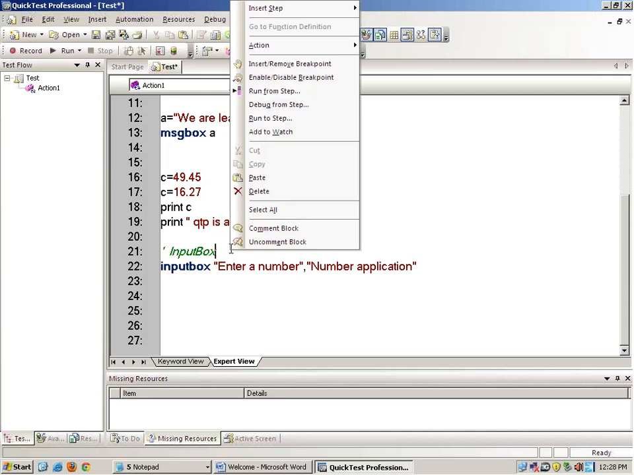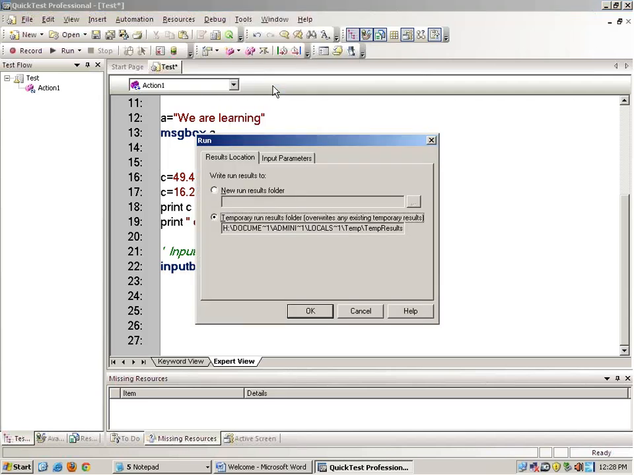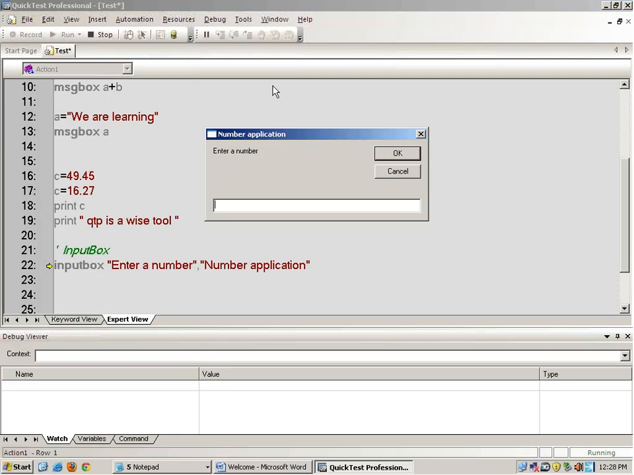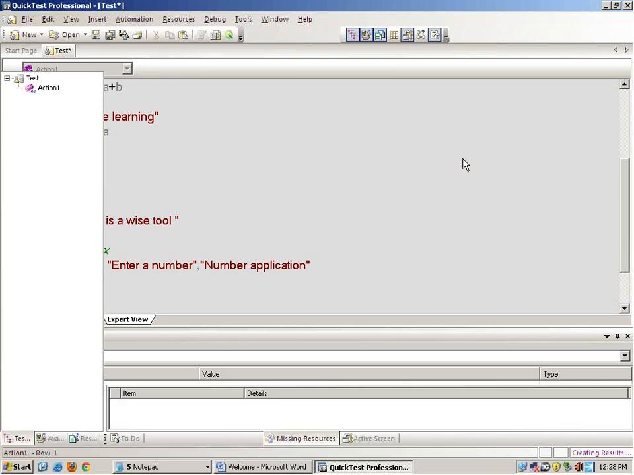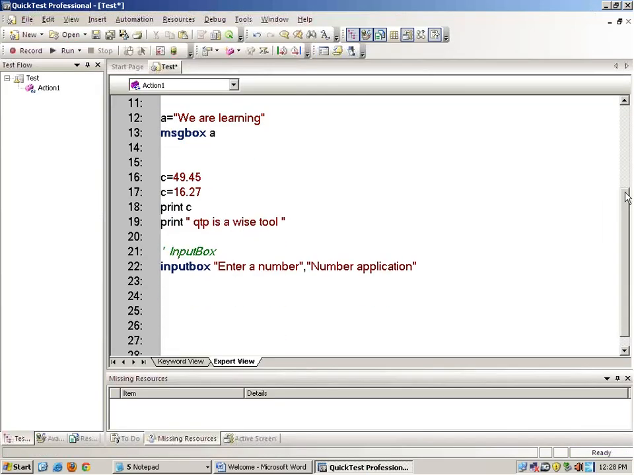Okay, I run from line number 21 and I get the window like this. In this window, on the top of this window, "Number Application" is written. This is the title of this window. So suppose I enter 23 and I click on OK, this program will proceed further. In order to take the value,